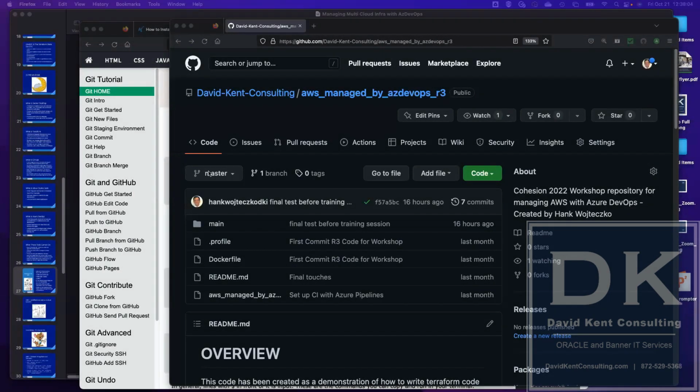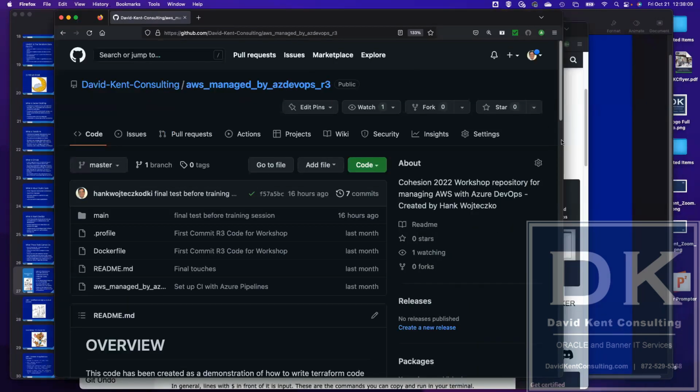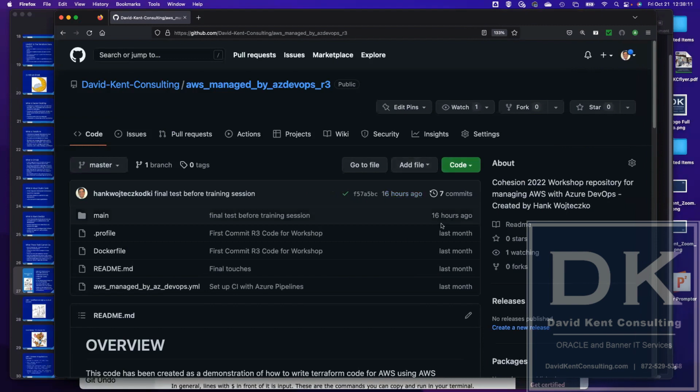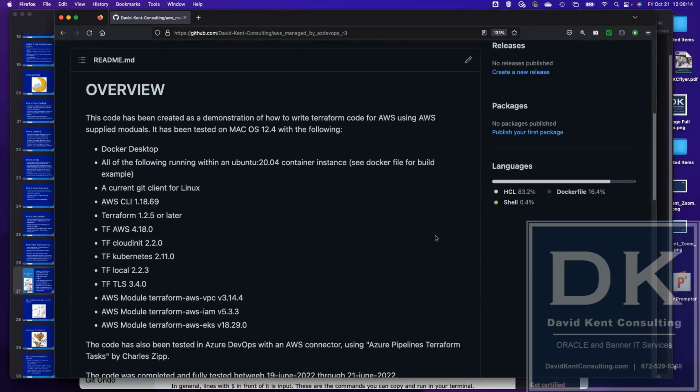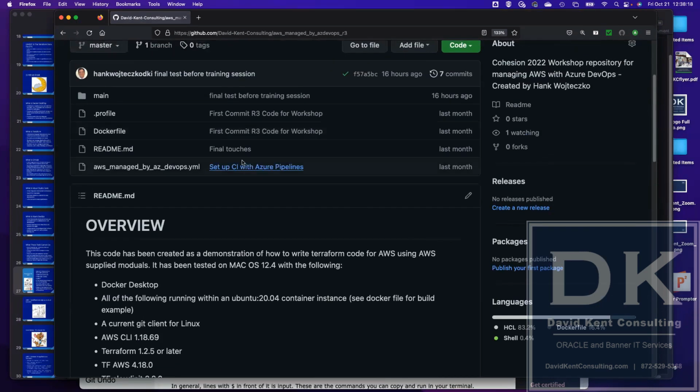So you will note that on the repository, which is now public, it comes up with a readme.md file. And in GitHub, when you create a file called readme.md, that tells GitHub that this is a documentation file and that the formatting for readme.md applies,